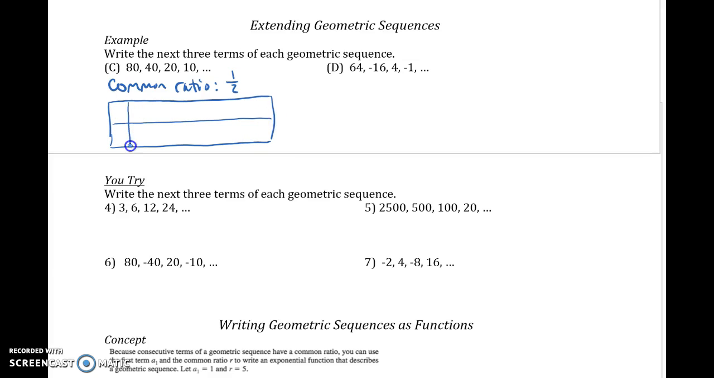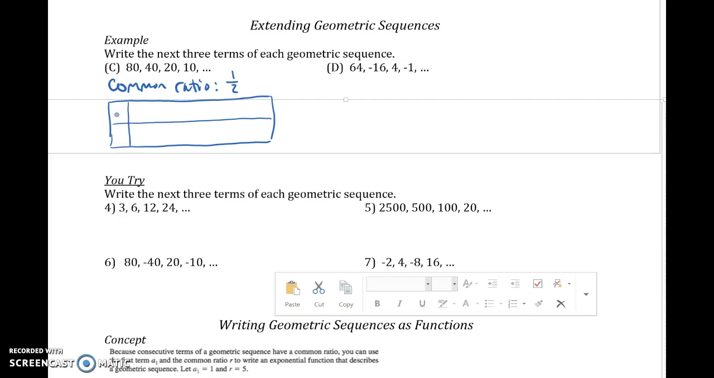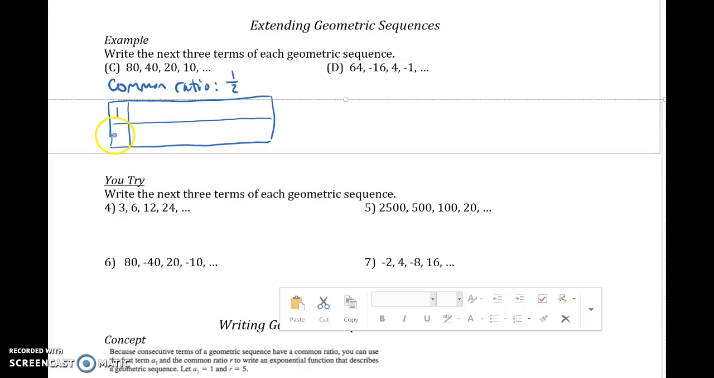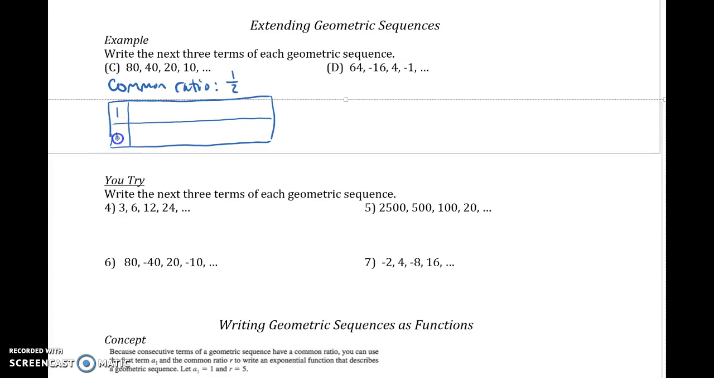But here we have your term number, right? And then the actual value, which I'll call a sub n, so we're using the same notation as our arithmetic sequences. And this is not 1, but n, the number in our term. So the first term was 80, the second term was 40, the third term is 20,